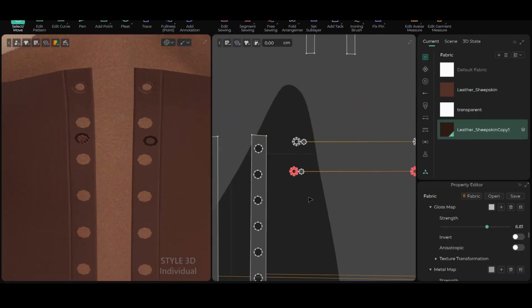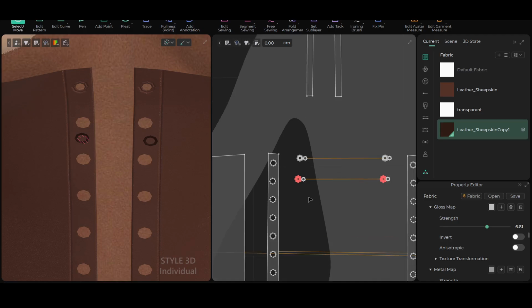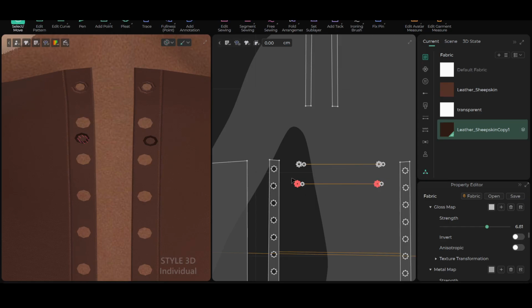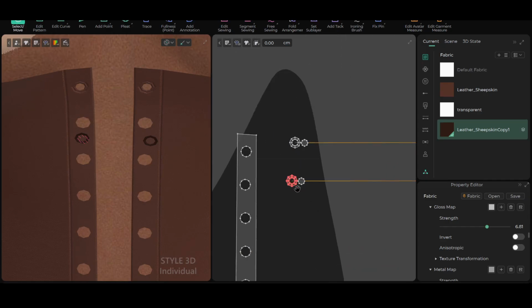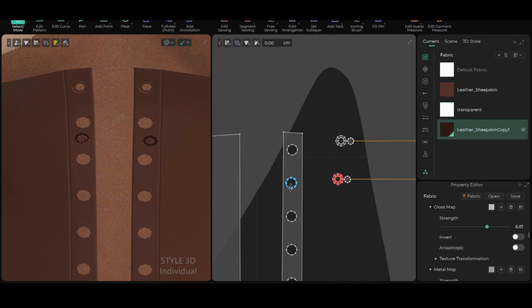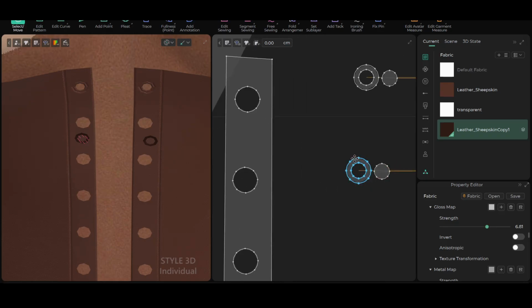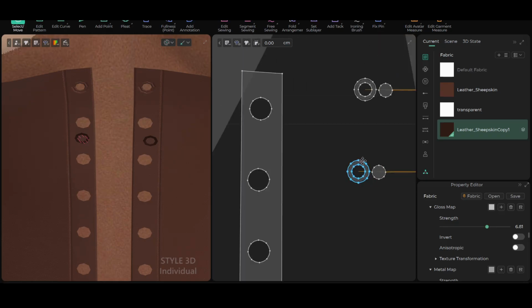Okay, here it is. So what we have to do is we need to sew this on to this. So the outer part of this circle has to be sewn onto this circle here, the one